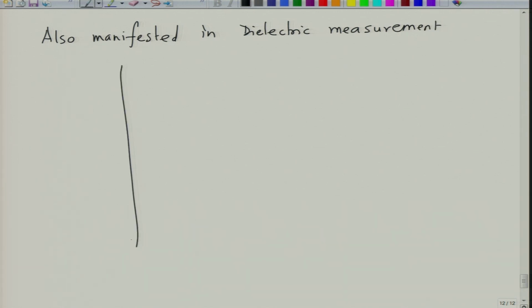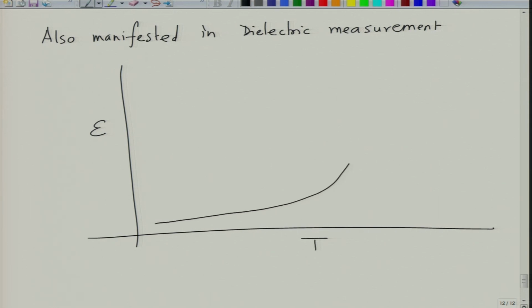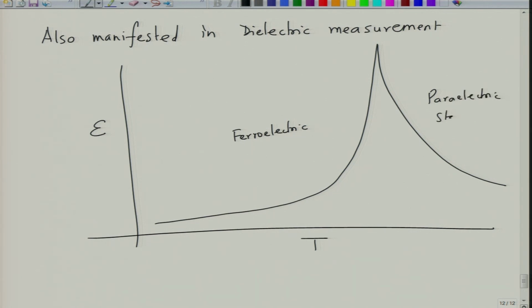When you measure the dielectric constant as a function of temperature, the dielectric constant increases, reaches enormously high values and then slowly decays. So, this is your ferroelectric state and this is your paraelectric state, and at Tc